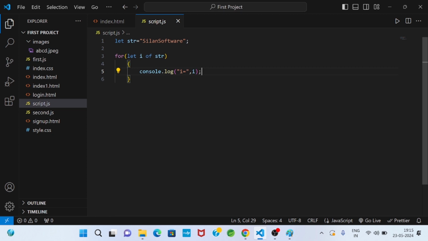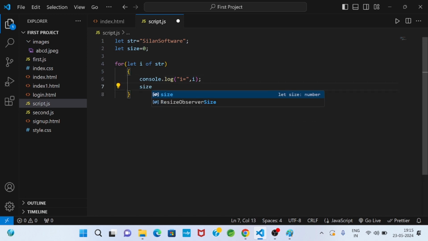Okay. Yes, sir. So this is advantageous compared to the normal for loop. Suppose I want to know the size. I will write let size equals 0, and for each character, when one character is printing, size plus plus.